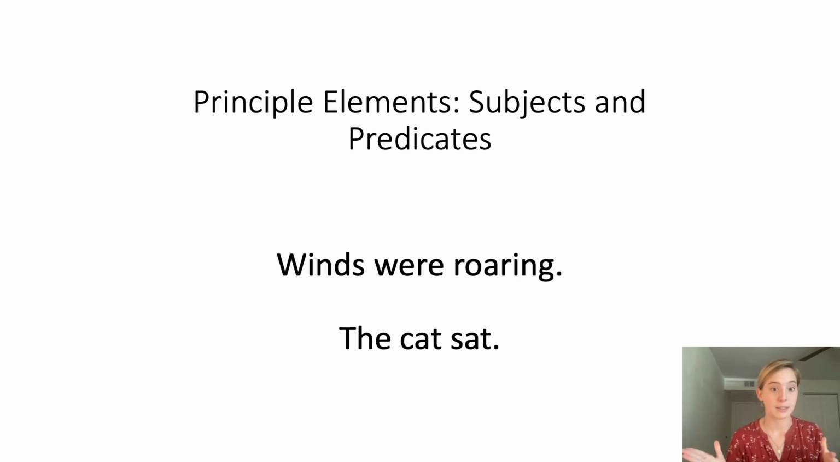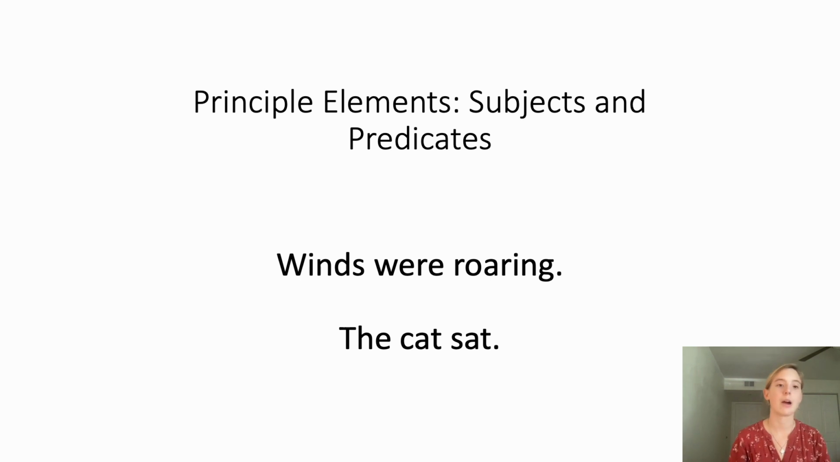Every sentence has subjects and predicates. The subject is what the sentence is about, and the predicate is about the subject. So for the example, we have 2 sentences here. Winds were roaring. What is the subject of the first sentence? Winds. Were roaring tells us about our subject, winds. Our second sentence, the cat sat. Who or what is doing the action? Cat. That would be our subject. And then sat would be our predicate because it is the action or doing or telling us what the subject